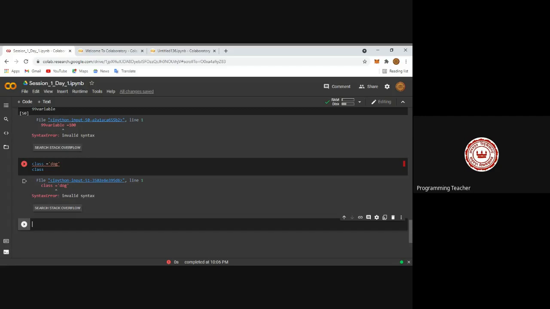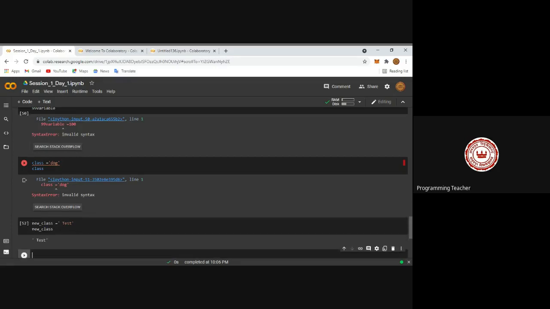But always remember, you can use reserve keyword with some combinations of suffix and prefix. Now, line number 51 is providing you error. I would like to use the class with some additional parts, like new class equal to test in new class. So reserve keyword can be used with combinations of suffix and prefix. Is it okay with you guys?